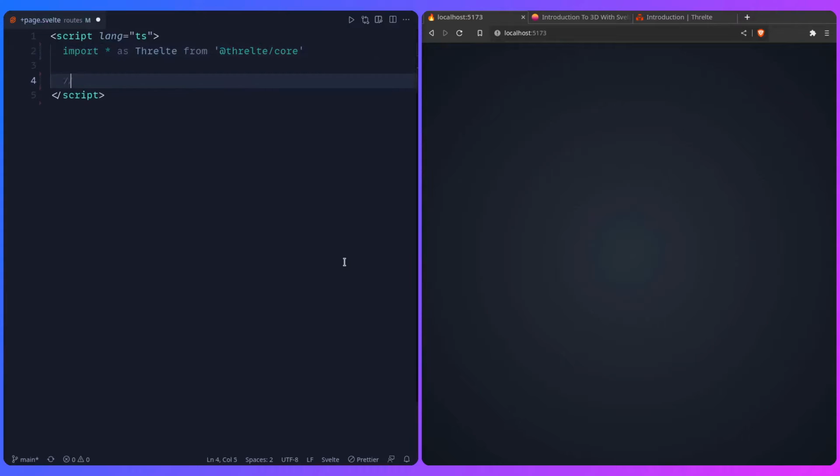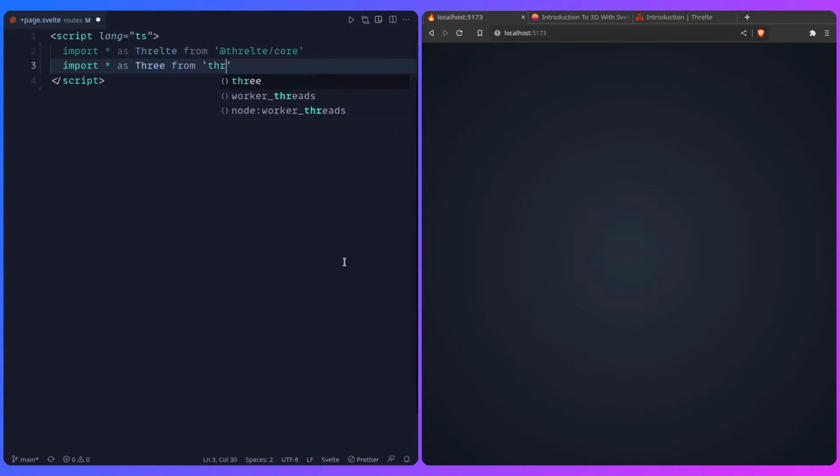And I prefer this because when you do something like this, you type canvas and then you're going to constantly be fighting imports in your code editor, and I often pick the wrong one from Three.js and so on. So it's way easier to do a named import like this, and then you know where it's from. You can say Threlte canvas, and this is way easier in my opinion. So yeah, this is why I like to do this. So you can say import all as Three from Three.js,